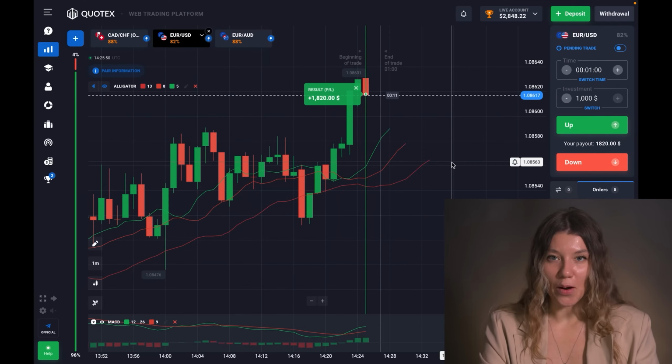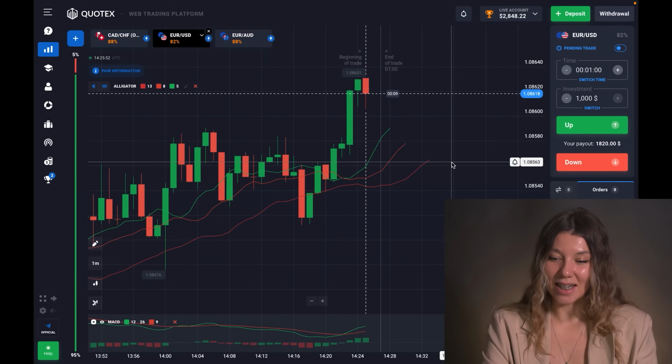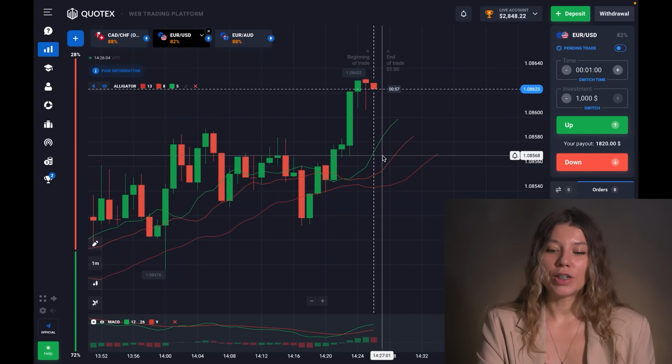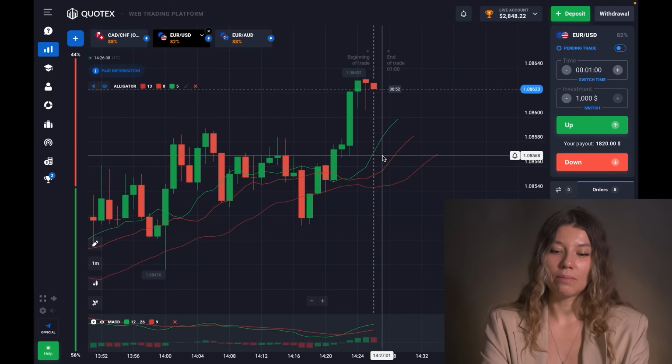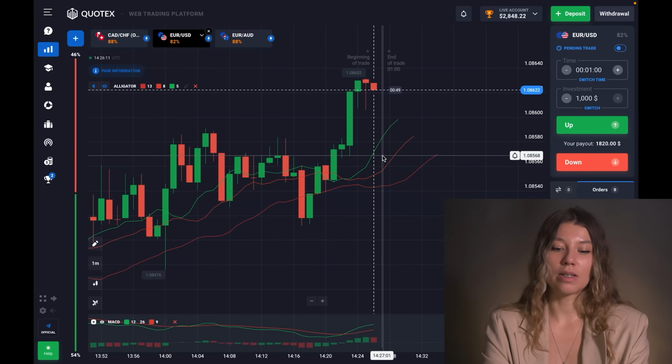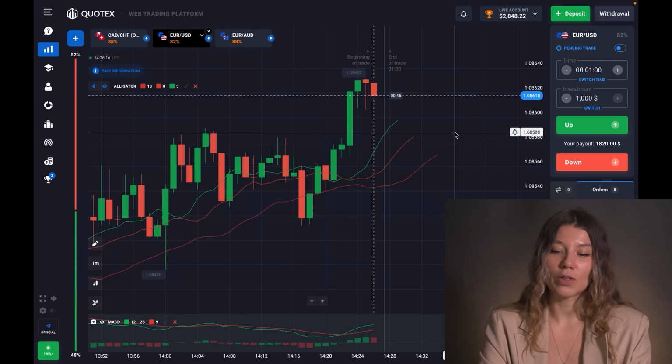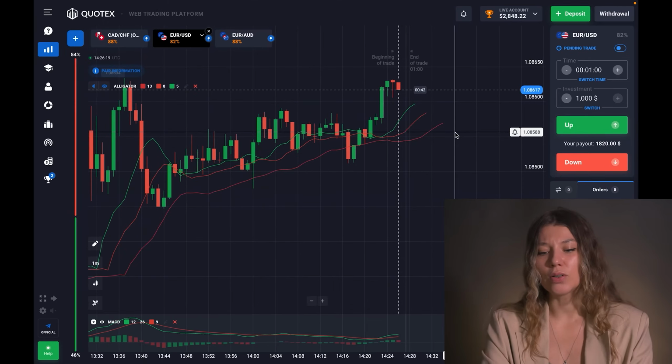Well, good, I'm in a profit, friends, but you see, now this candle is red and it's going down. You see, I'm in a profit, but in general, the tendency has changed. And now the price is going down, so that was smart of me to trade just with half of my wallet, friends. Anyway, trade for 1 minute allows me to gain profit from such small price changes. Yes, and 1 minute was pretty enough for me to get my profit,